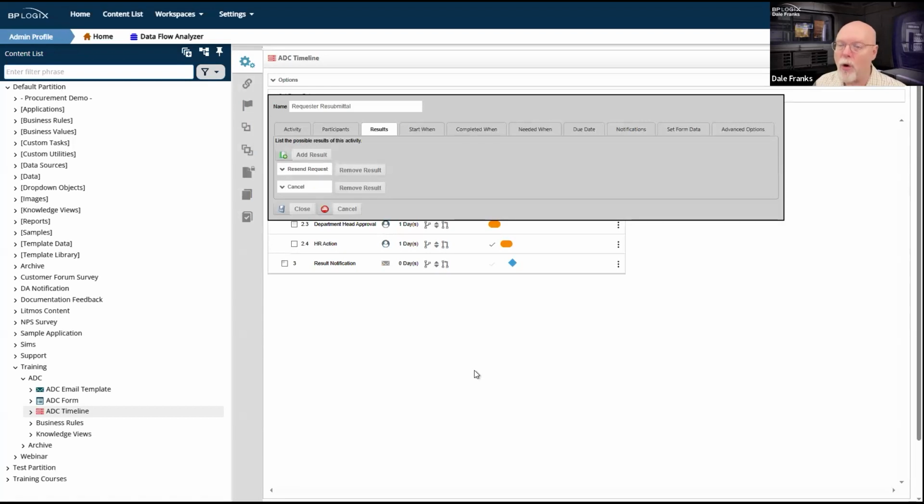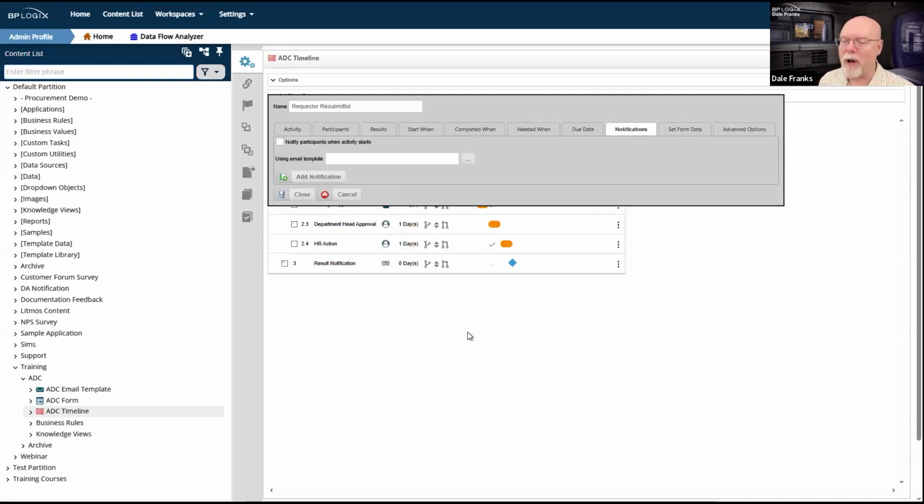Now, sure, it might be that on some activities, I'm going to want to go to the notifications tab and I'm going to want to use a different email template than the default one. And that's fine. You can certainly do that. And indeed, you can use a different email template if you want for every single process timeline activity.